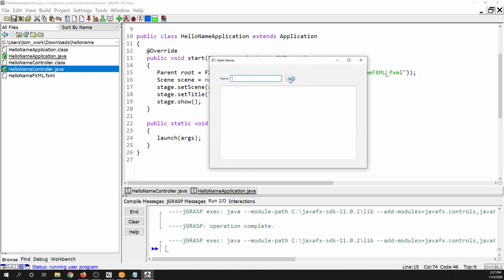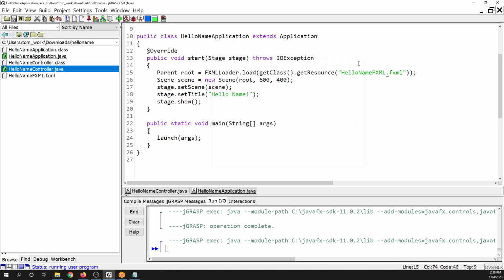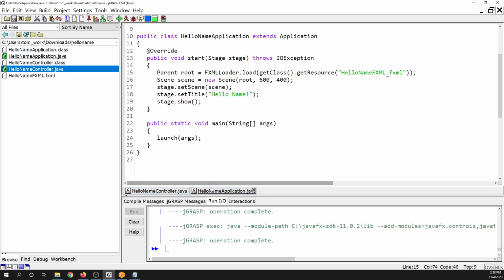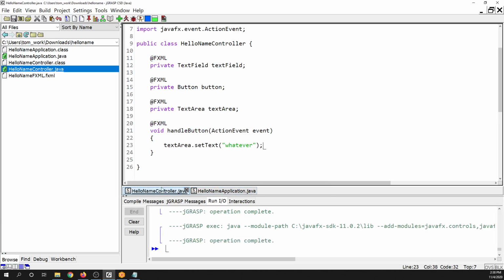All right, so now when I click the button, it should put whatever in the text area. Okay. All right. So that's how we would set the text into the text area. And so now what we really want, right, is to